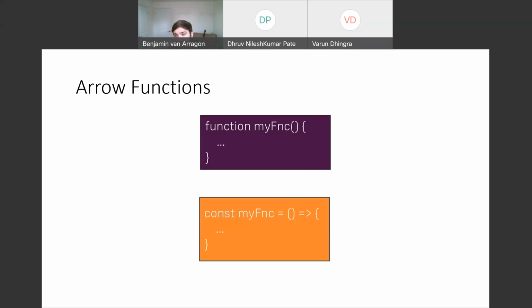and then give it a name, equals. And if there are no parameters, you just do the empty brackets and there's your arrow right after, right here, which is why we call it an arrow function. And then we pass in our logic in the curly braces. On the right side of the equal sign is the arrow function and a list of arguments here, which is empty. The arrow and then the